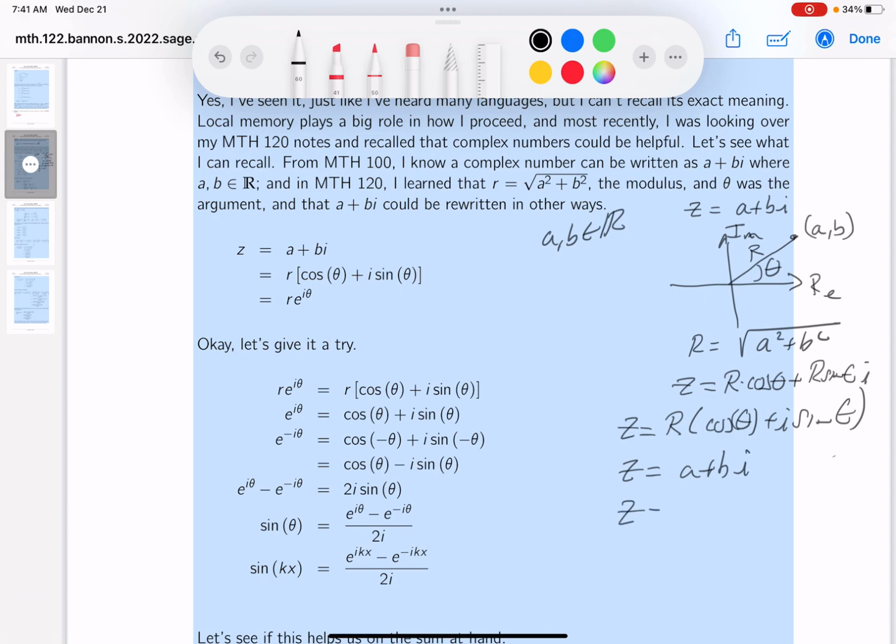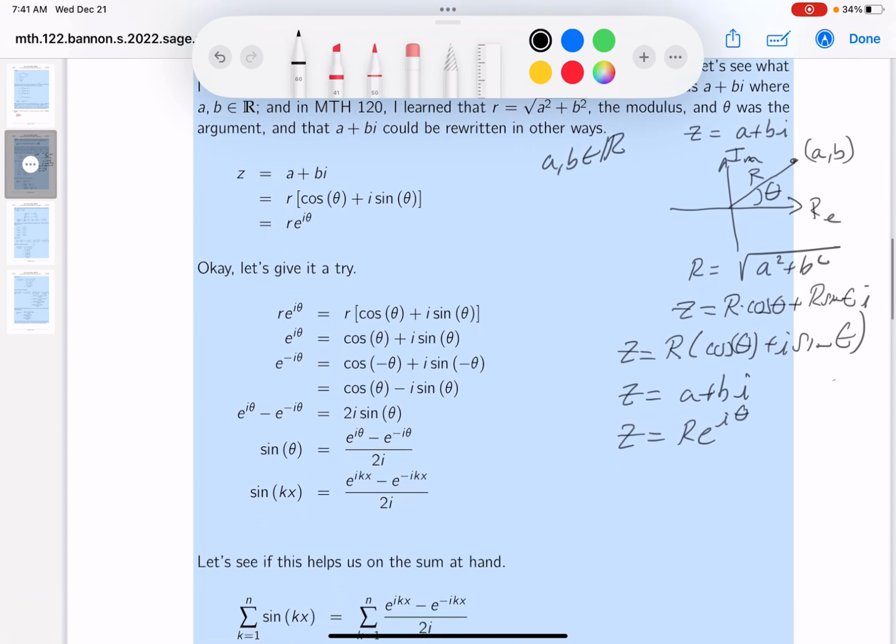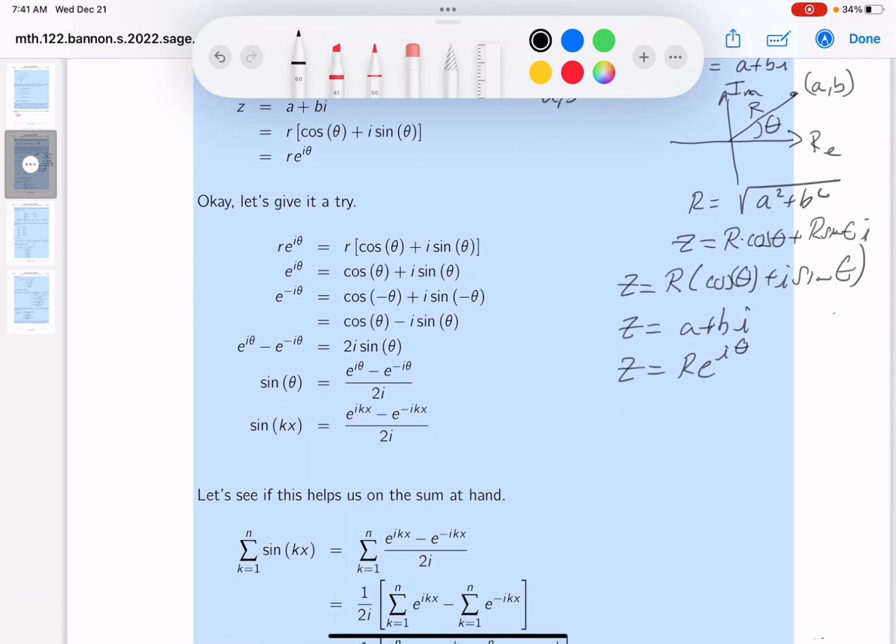Hopefully your teacher in Math 120 also talked about another form of it, which was r e to the i theta. All right? All three forms are good. Now, certainly, we're trying to plow forward. This was why even bothering, just reviewing what we've done in Math 120. All right? So what I want to do is write down r e to the i theta